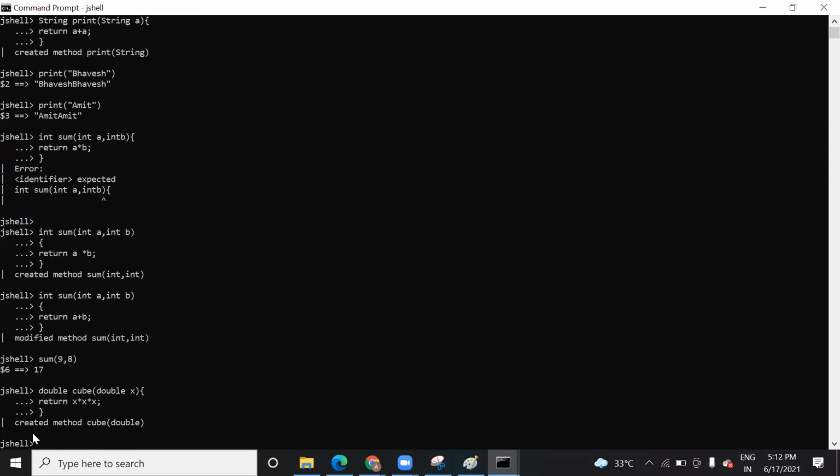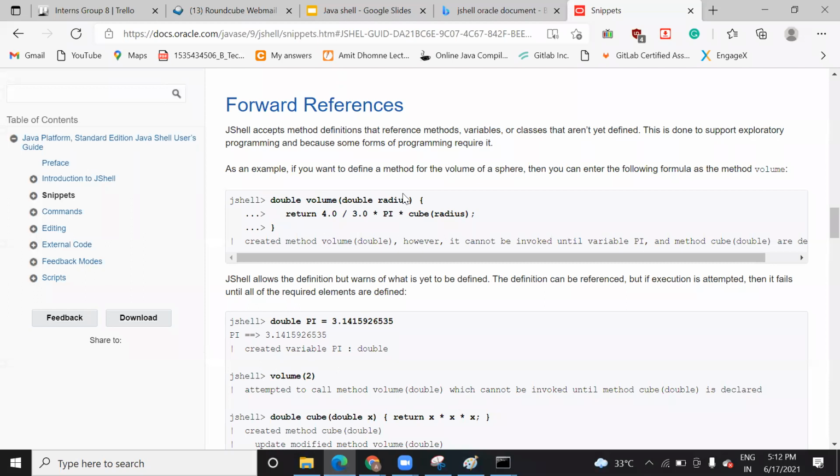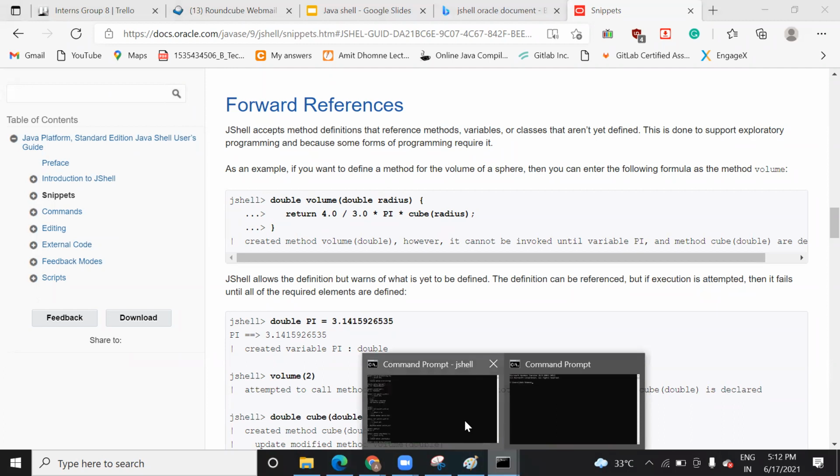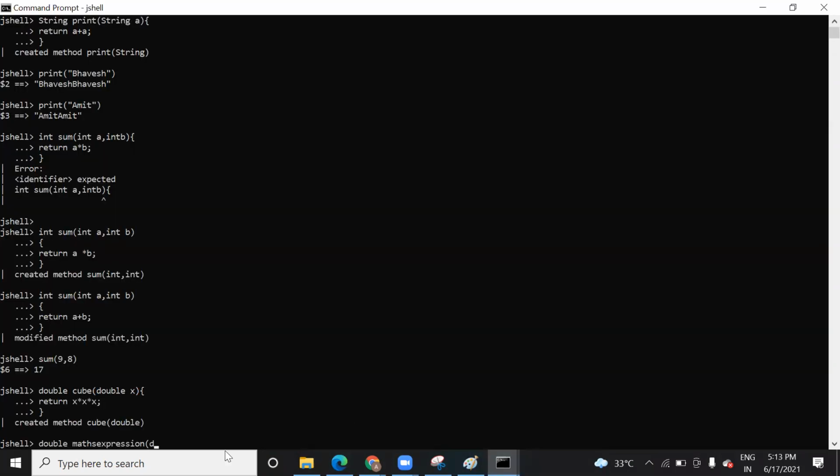Now here, if you want to create another method, double math expression, and you are going to pass a value. You can see it here. You can call another method also here, as they are calling here, you can call here also. So that's what I'm trying to do here. Double math expression, double radius,